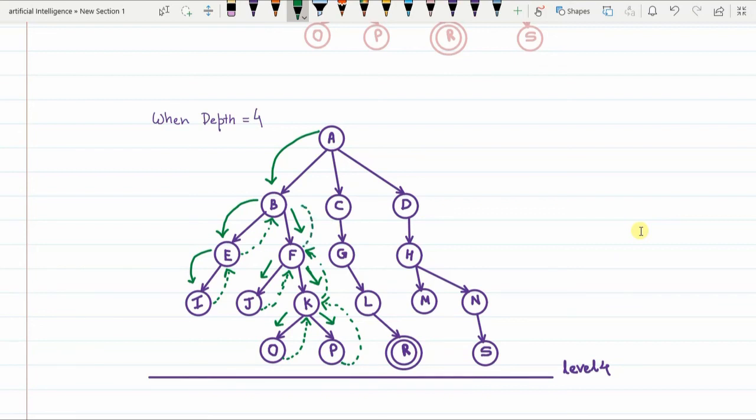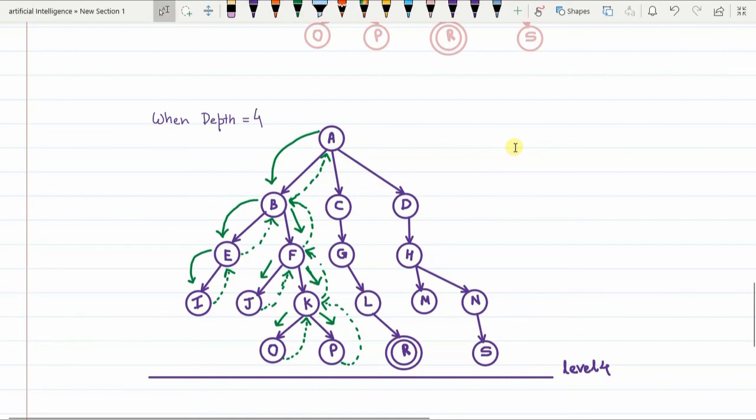So from F we go to B. Here at B also we realize that there are no more paths left. So from B we go back to A. That means the entire left side branch has been traversed and so far we are not successful in getting the goal node. Now from A there are two more options left, either through C or D.